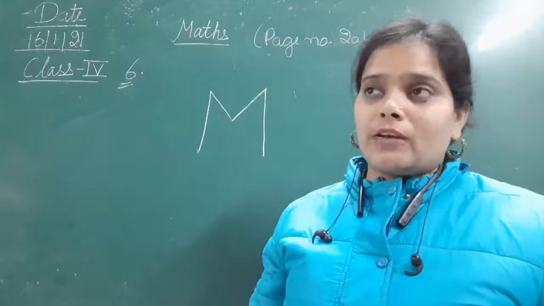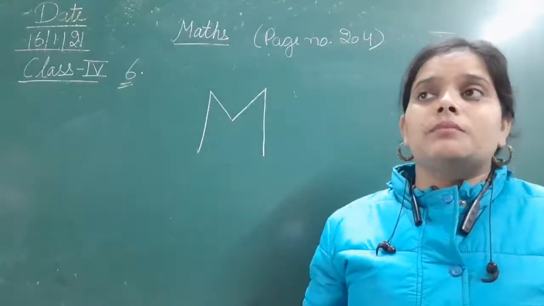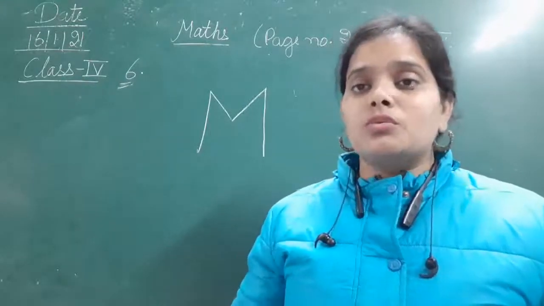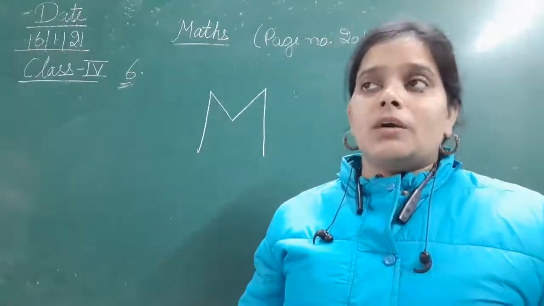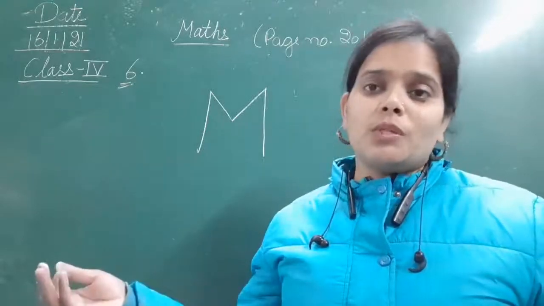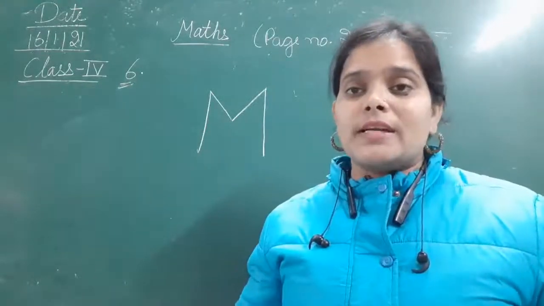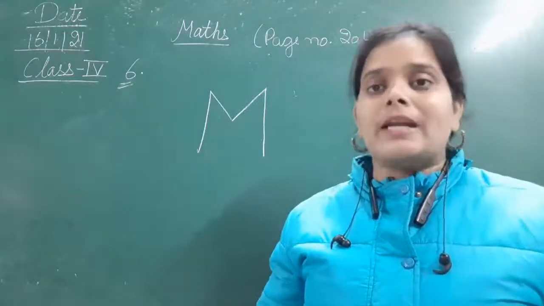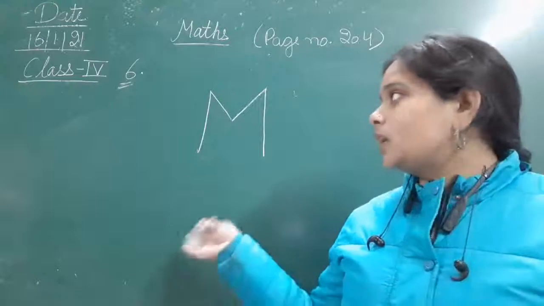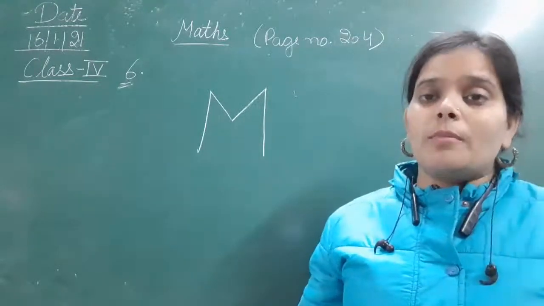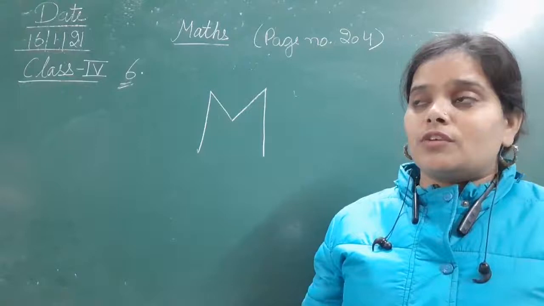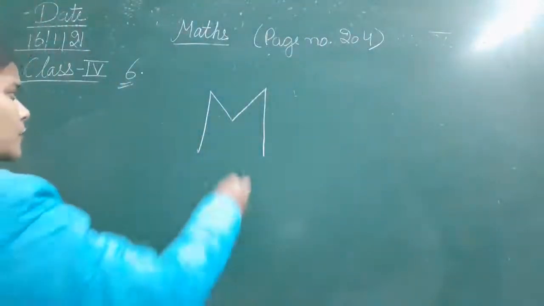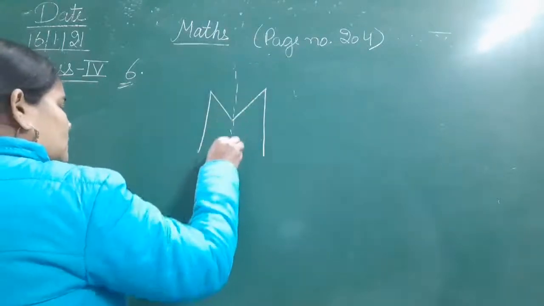Okay, so the line of symmetry divides the given figure, diagram or alphabet, मतलब कोई भी चीज़ जो भी दी हो, anything, into two equal parts. And those parts should be identical to each other as well. Okay, so now we have to draw how many lines of symmetry we can draw. देखिए कितनी lines of symmetry हम draw कर सकते हैं. Okay, so if we draw it like this.